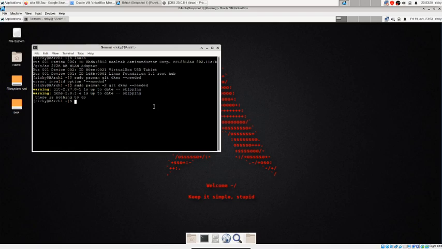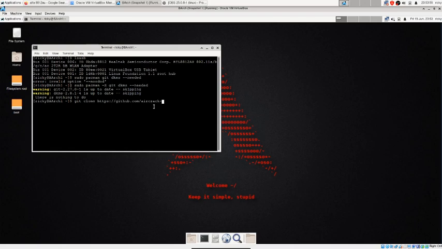Then you have to clone the git repository: git clone https://github.com/aircrack-ng/rtl8812au.git. This is a good repository. Not only this chipset, you will get most of the chipsets there.